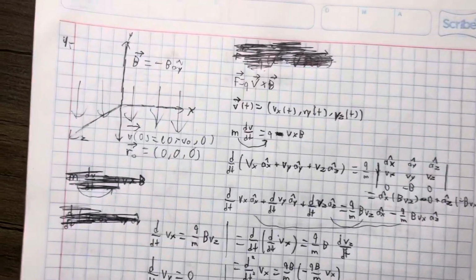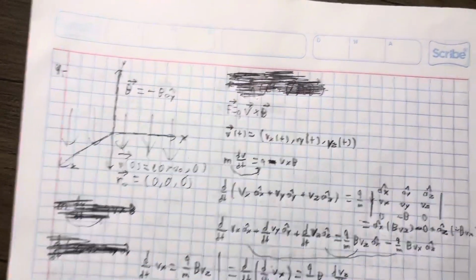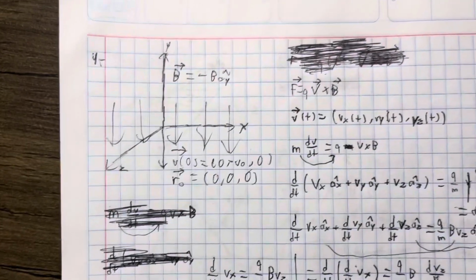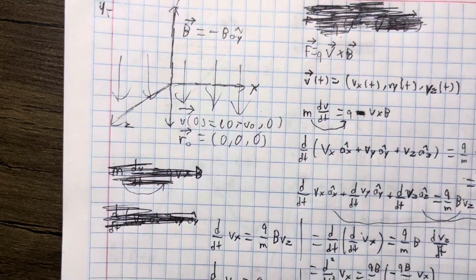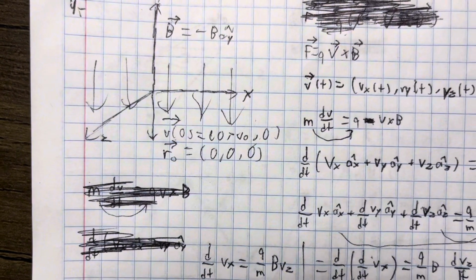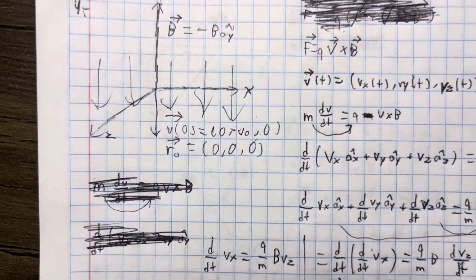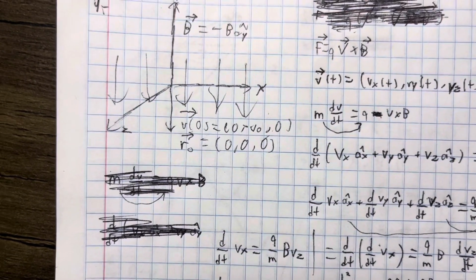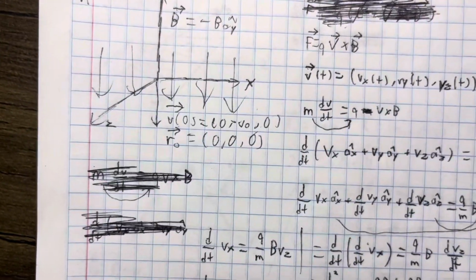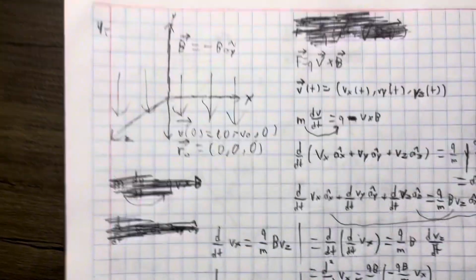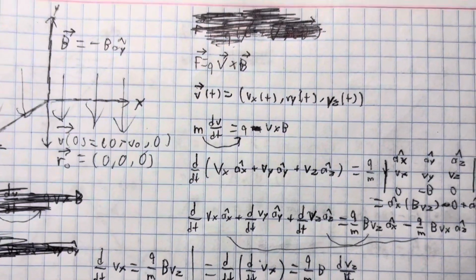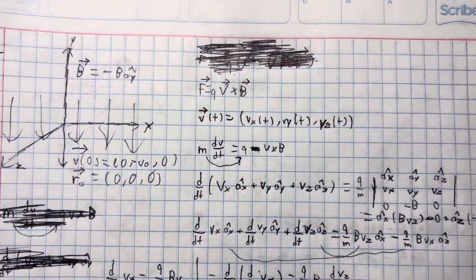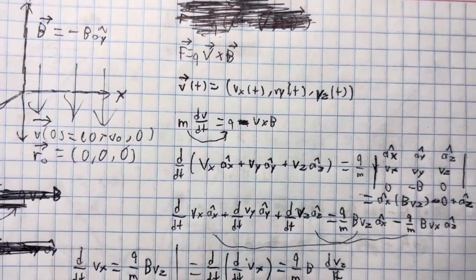Okay, for the first situation, we have a particle and it has a uniform magnetic field going in the negative y-axis, and in the initial conditions, when the time is 0, it has an initial velocity in the y vector that is just minus the initial velocity, and it also has a mass in the origin, and that's why the r vector in the initial condition is 0 in all axes, right? Well, in all vectors. So we have to use the Lorentz force law, and first of all I set up the vector for the velocity,